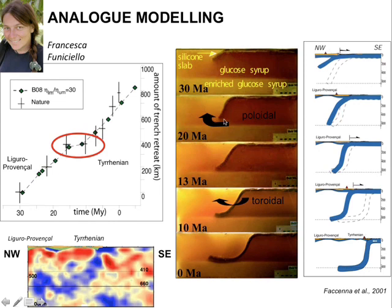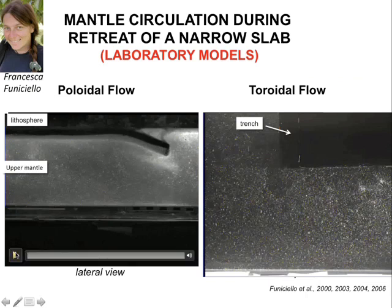But when you seal this upper mantle cell, then for the slab to retreat, you have to move material in a toroidal fashion, so laterally. And this is opening a lot of questions on the third dimension of the process and on the box that we are using, actually. So to have a trench retreat, you have to have material that may flow laterally around the slab. And this is a very important lesson after we explored that, also with a more sophisticated